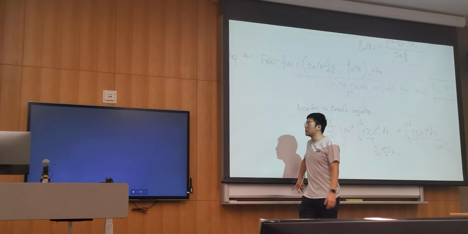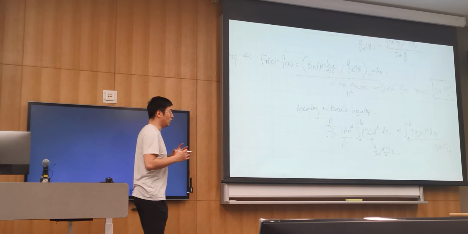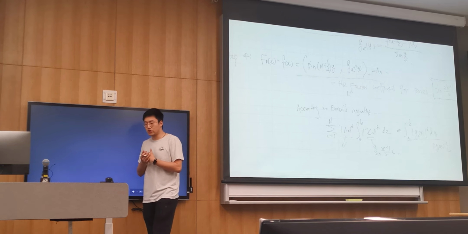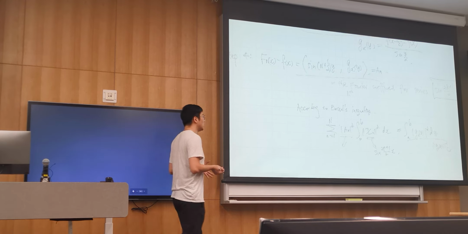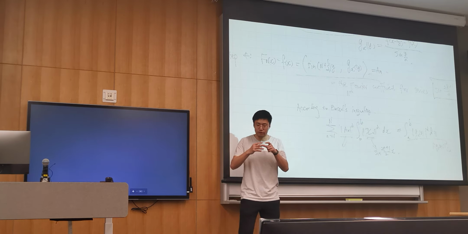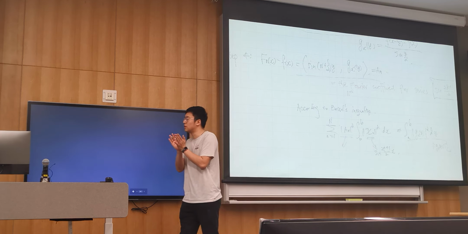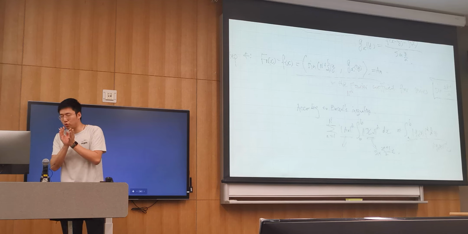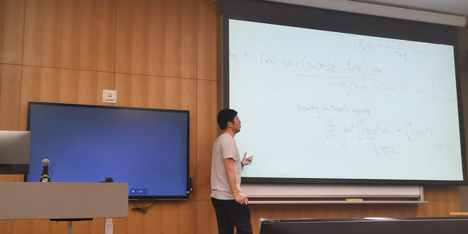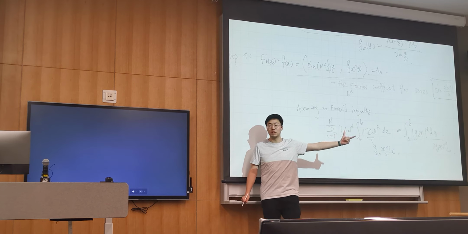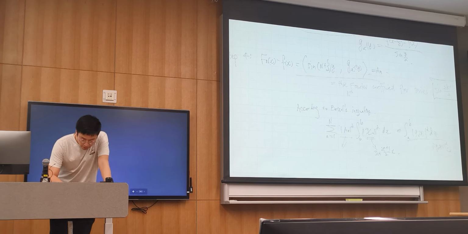So Bessel's inequality tells us that when we are doing the Gram-Schmidt orthogonalization, the sum of the squares of the 2 norms of every decomposition should be smaller than or equal to the square of the 2 norm of the function itself. So that tells us that